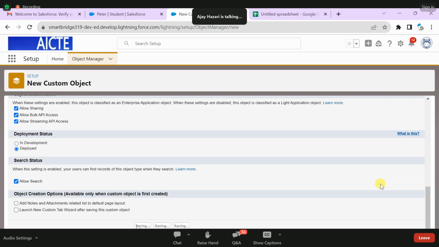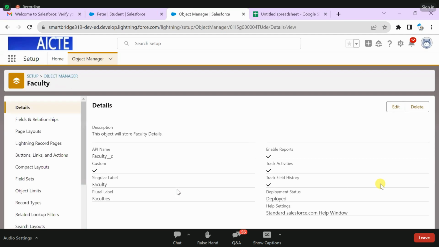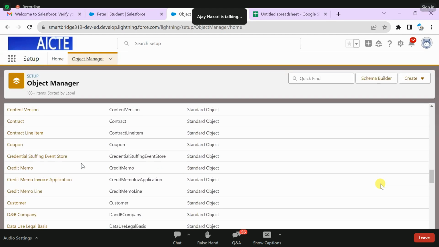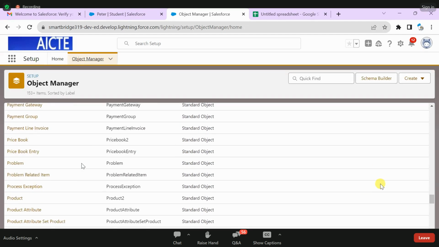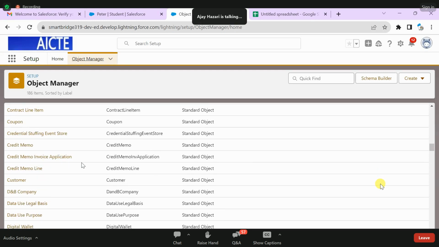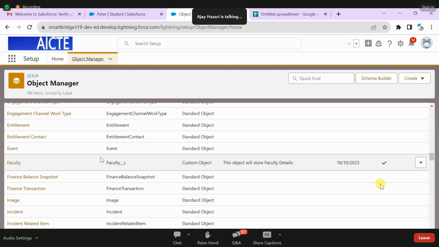I'm just clicking on save. Now our faculty object is created. So this is our custom object, faculty underscore c. The faculty object is created. Now what we need is to use our faculty object in our